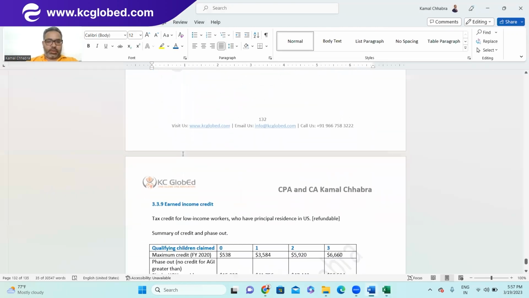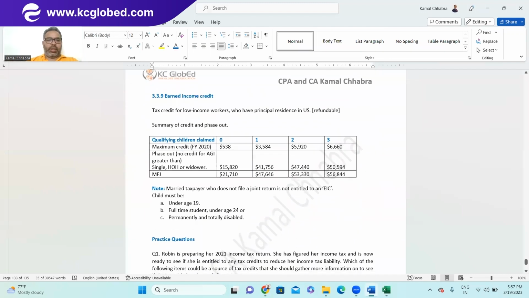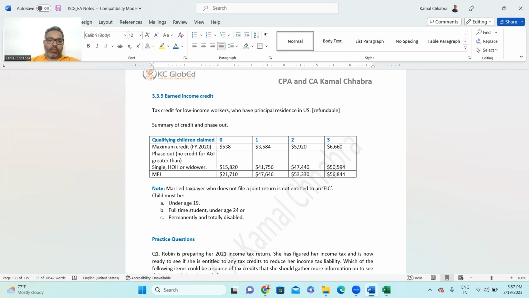So this is done. So next one is earned income credit. Earned income credit is a tax credit for low income workers who have a principal residence in the US. And this credit is also refundable. Summary of the credit and phase out. So qualifying number of children. Earned income credit is basically based on the number of children you have. If you have no child, then the maximum credit you'll get is $538, and phase out will start from